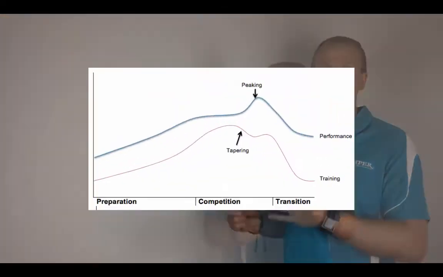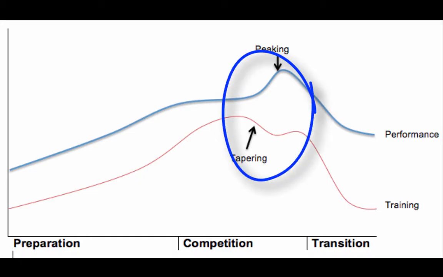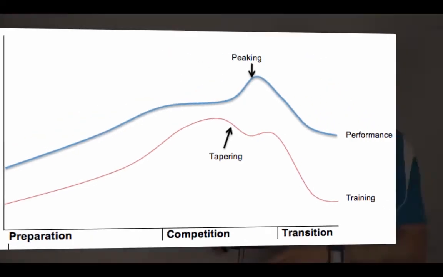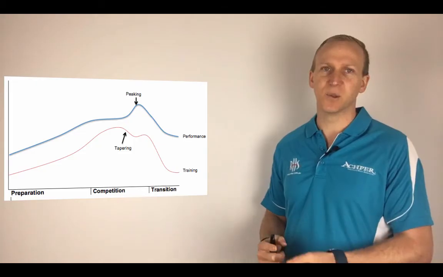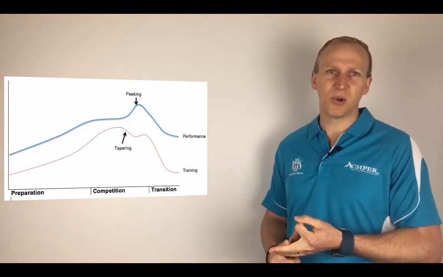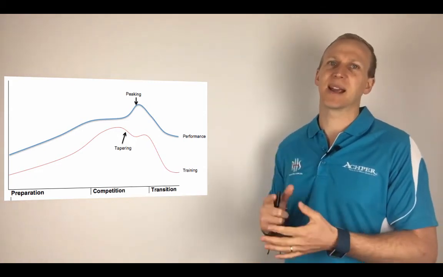Now, there's a nice little chart here, and this chart looks at your preparation phase, where you're going to increase your volume of training. Once it gets up to competition, particularly the end of competition here, that's when we're going to start to taper. So you can see the volume of training goes down, but our performance is going to go up. Because we're now allowing our athlete to fully recover, their glycogen stores are full, the small tears in their muscles have recovered, and all those small niggling injuries that they may have had are going to recover during this phase to make sure that they are really ready to peak for that performance.